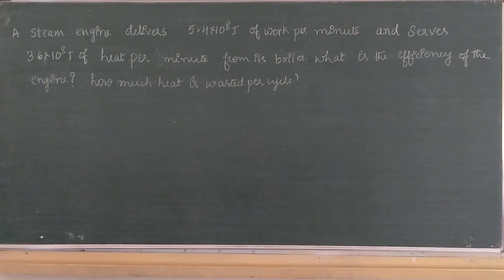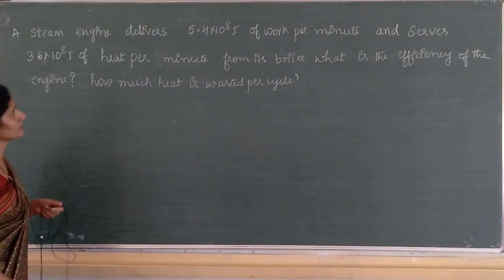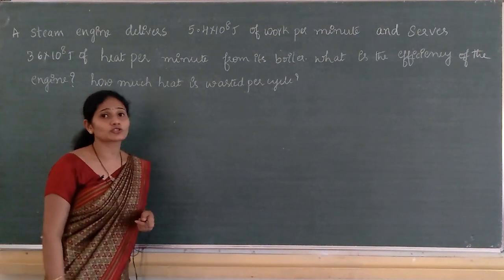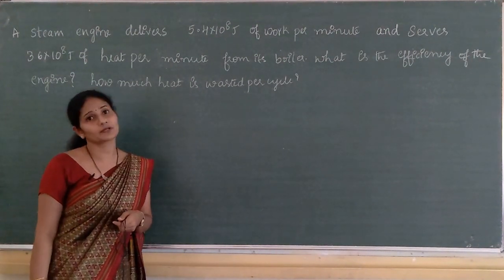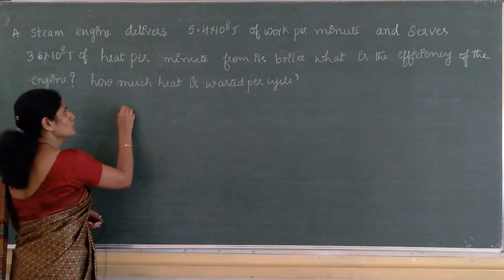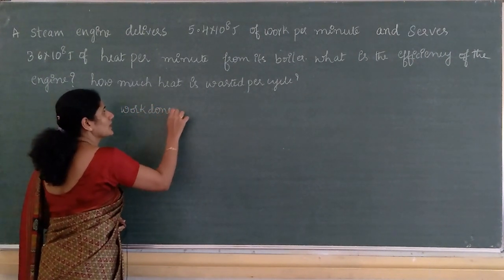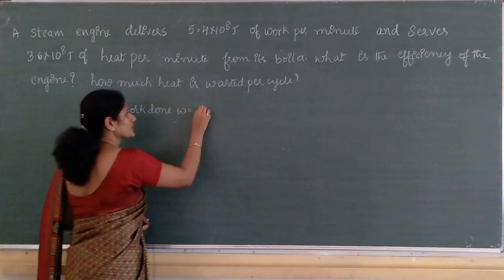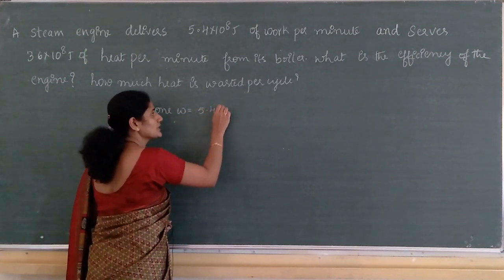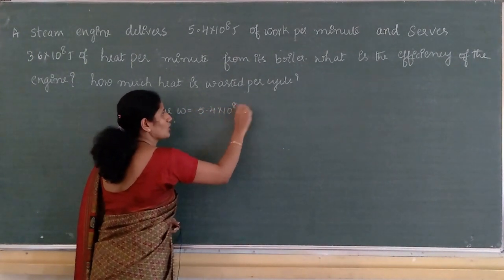So, this is the next problem. Here a steam engine delivers 5.4 × 10^8 joule of work per minute, that is W is given. Work done, W is equal to 5.4 × 10^8 joule